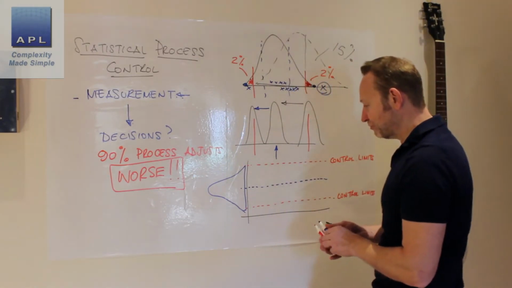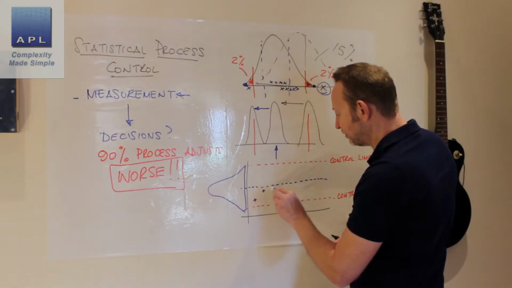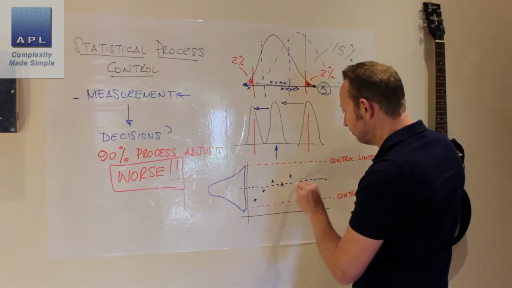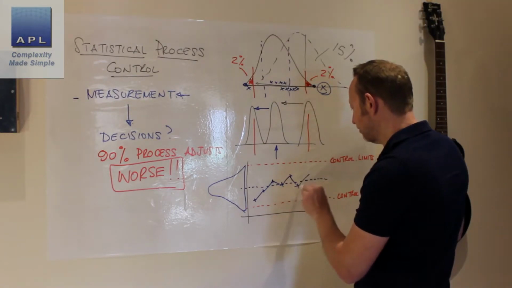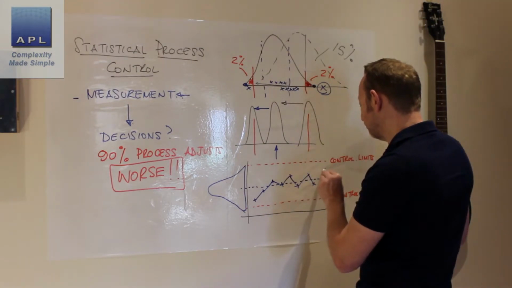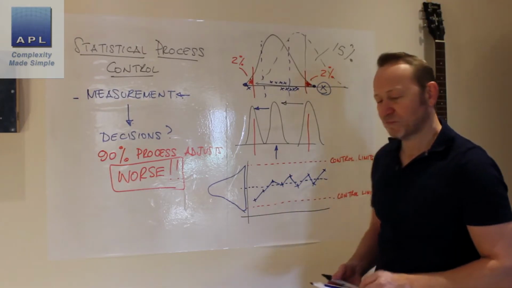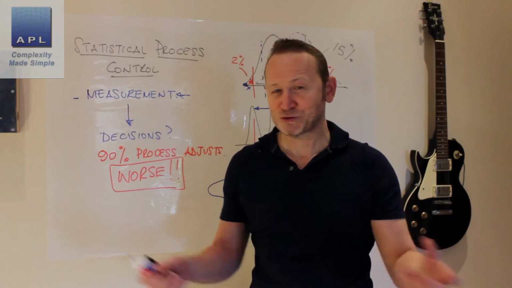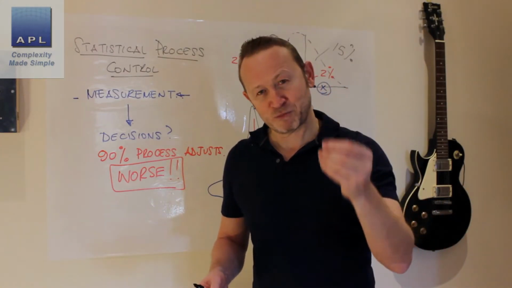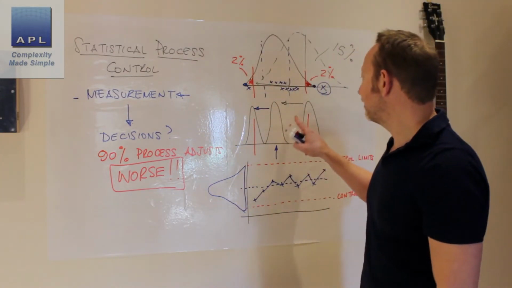And then we give them some simple rules to adhere to when they're plotting the graph, so that if the process breaks those rules, and usually there are 7 rules to be adhered to,